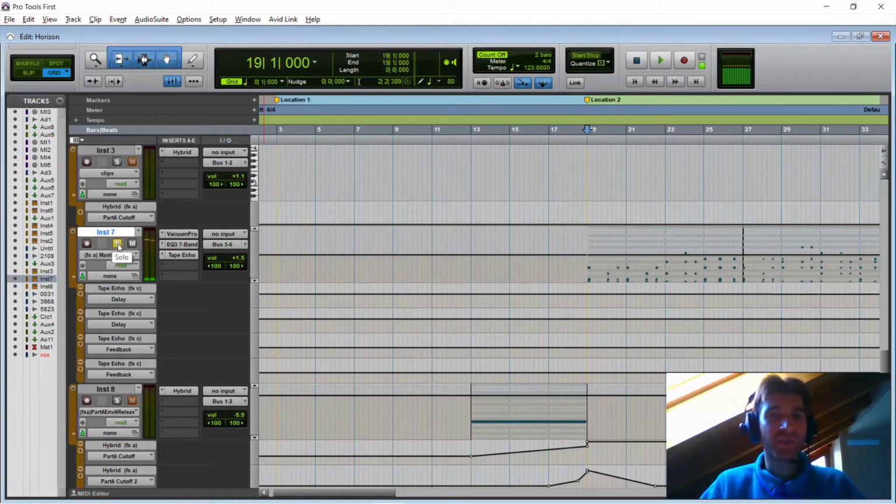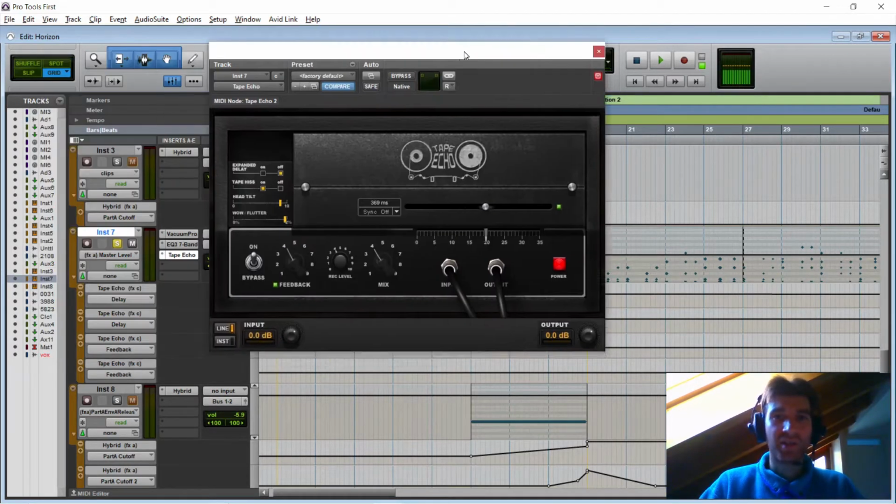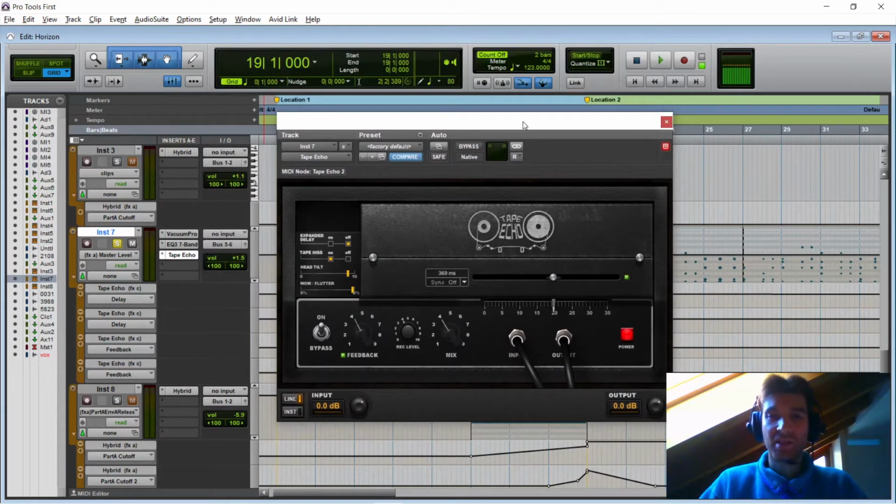And the secret to its nostalgic character is in this delay plugin right here. What it basically does is change the pitch of the delayed signal, so it sounds a bit out of tune. And to me, this is very nostalgic because when I was a kid, we would still listen